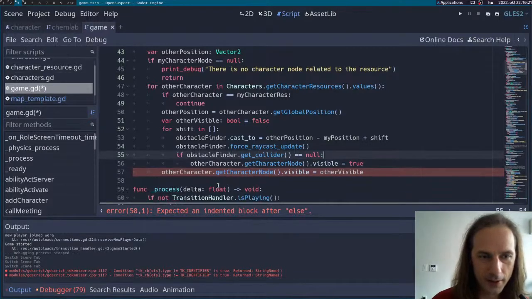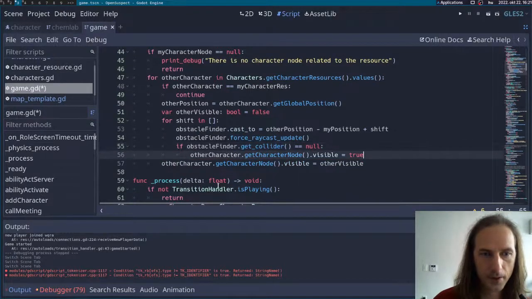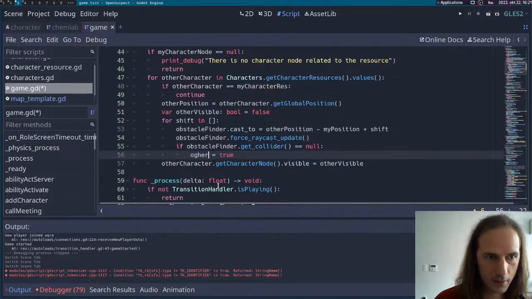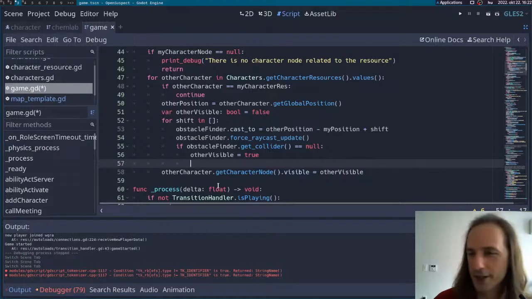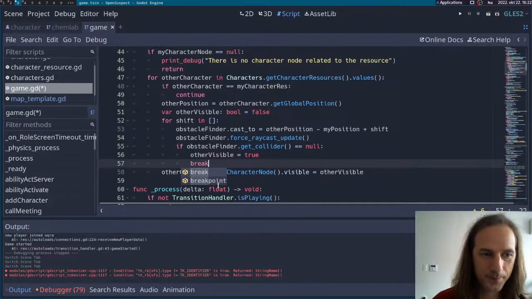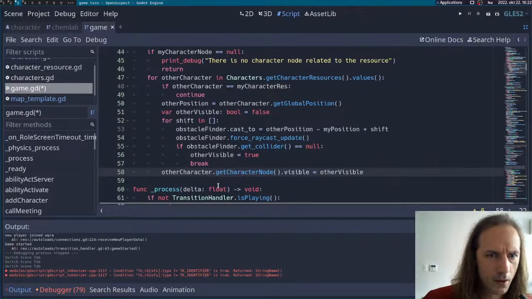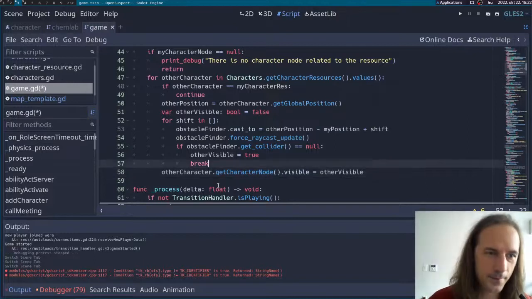What I'm doing here is, if there is nothing in the way, then other visible becomes true. And we're also going to exit this for loop, which is break I guess. And so this way, well, I mean, I need to have the